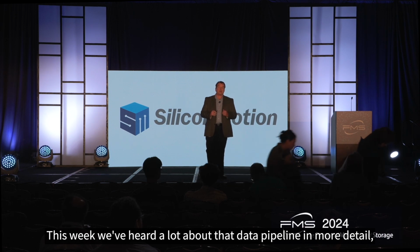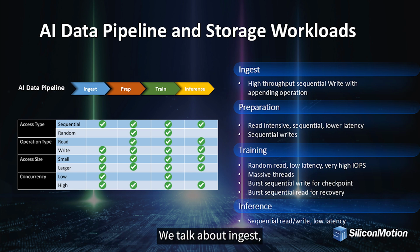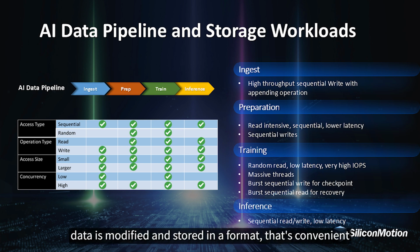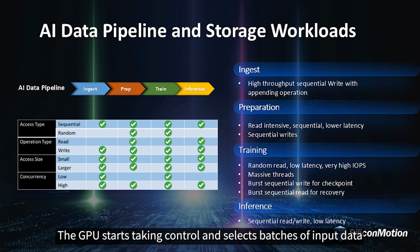And this week we've heard a lot about that data pipeline. In more detail, just to describe what we think is going on within the SSD, we talk about ingest. Basically, ingesting as we go out and fetch from external sources, potentially all the way down to IoT devices, and store that unstructured data within the SSD. In the preparation stage, data is modified and stored in a format that's convenient, and the feature extraction and model exploration is done. And then in training, the GPU starts taking control and selects batches of input data, and the